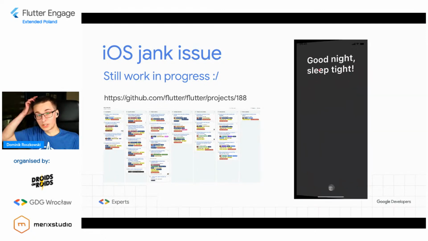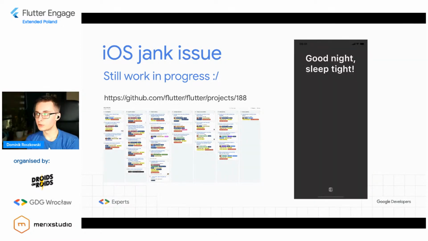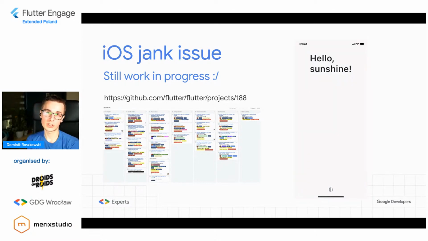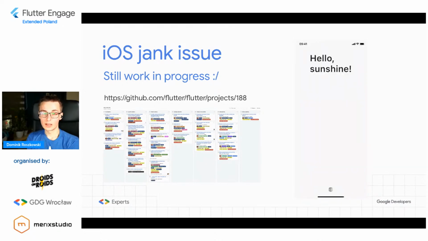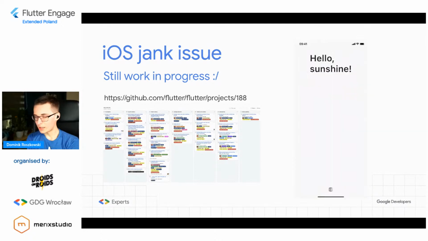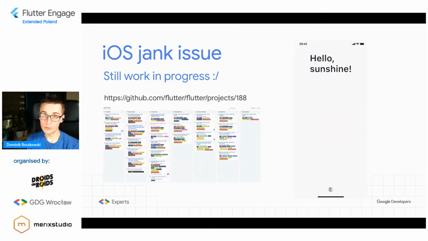And maybe let's talk a bit about the elephant in the room, which is the iOS jank issue. Many of you probably heard about the iOS jank issue that makes the first animation when a Flutter application starts on iOS a bit janky, a bit stuck. I was trying to find some solutions like 6-7 months ago when it first appeared. But since then, there's no good way to do it.